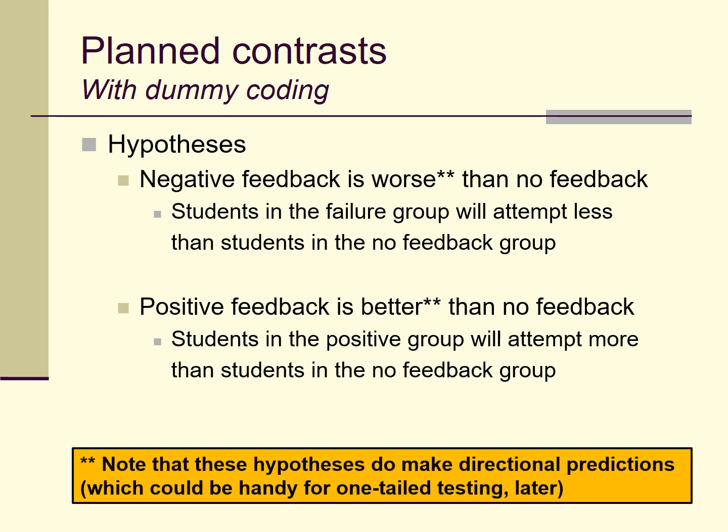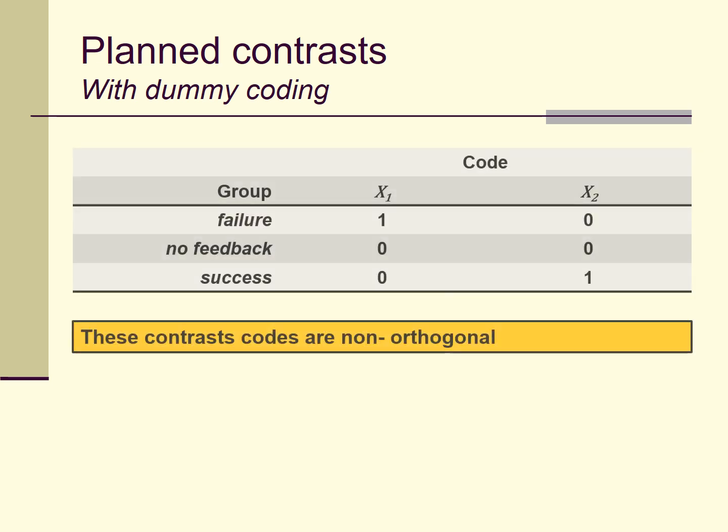It's also worth noting, like before, these comparisons, these hypotheses are directional in nature, so that's kind of useful. Assuming that we have a good theoretical or empirical reason to make directional predictions, we might choose to, just because they aid us in terms of statistical power and in terms of interpretation later on. But in any case, you make some dummy codes, they look a little something like this, probably,